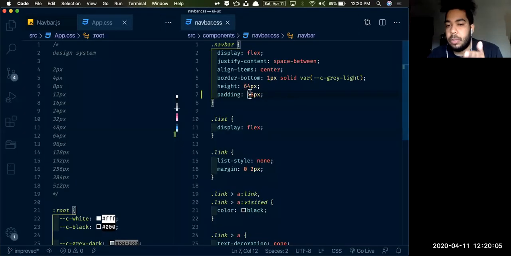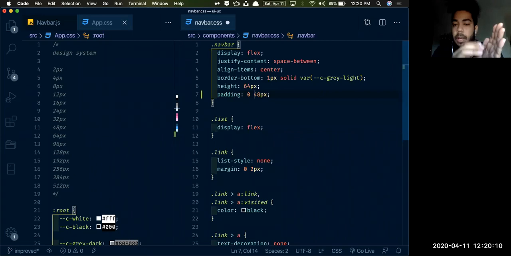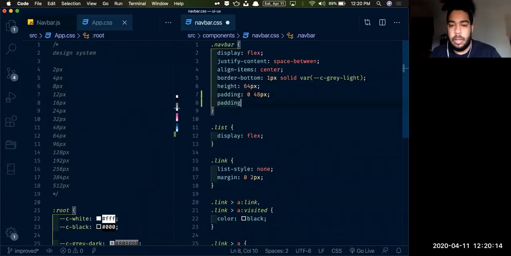So this is a shorthand syntax, which I like to use often. The first position is top and bottom. The second position is left and right. There's another way. There are different ones, so you use whatever makes sense for you. Another one that I use often when I have to make different values is, let's say I've got to do 10px, 20px,